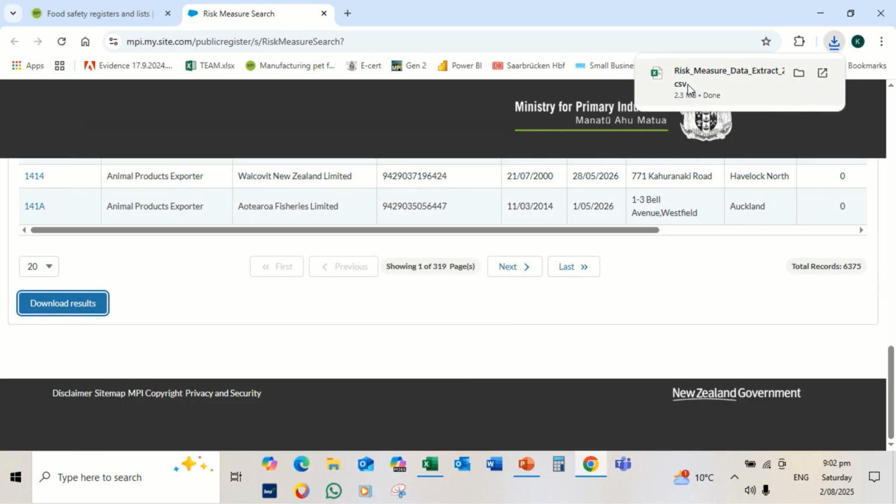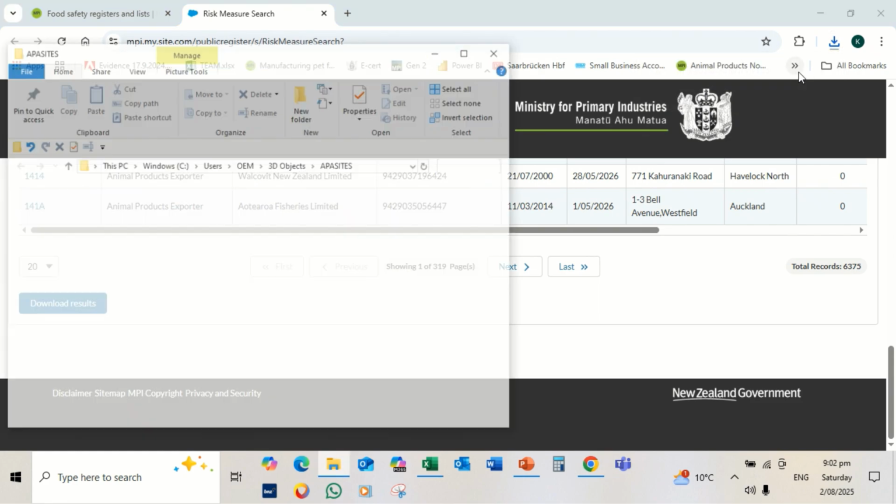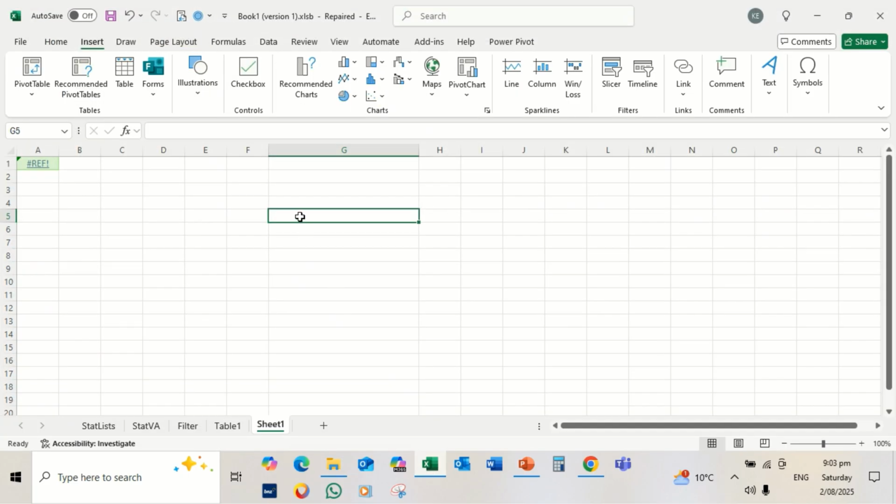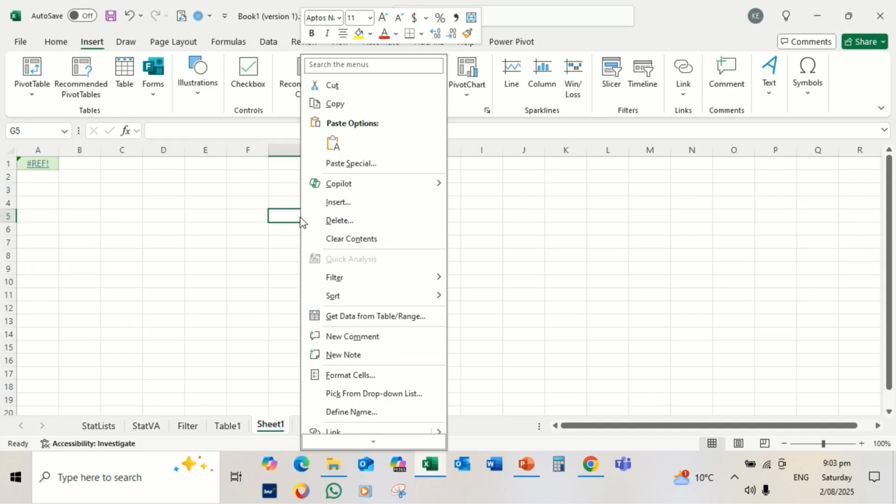Now this is the location of the document, and we need the path of the folder where this document is sitting. So we go back a step, and this is the folder, and then we copy the path from here, and now we paste this into a new spreadsheet,